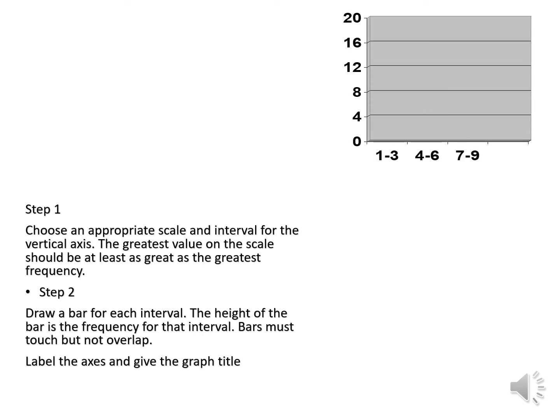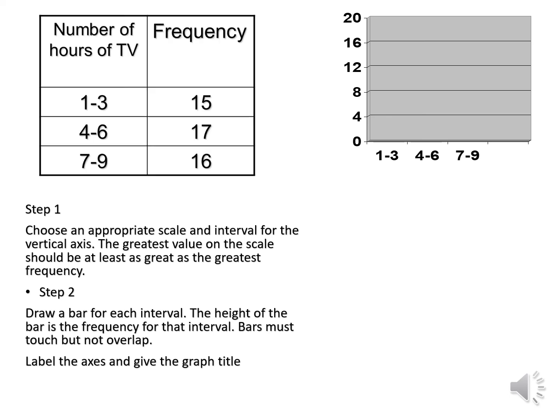So here is what we call the x-axis and y-axis. We are supposed to label them, and then write the appropriate scale on the y-axis. Now this is the table we are supposed to follow. We have changed the values also. Instead of 3 to 4, we are going to use 3.5 here and 3.5 here. This helps us to make adjacent bars. They will touch each other, but they are not going to overlap each other.